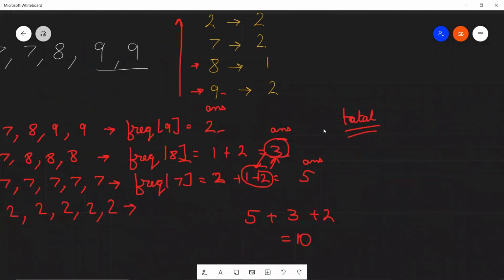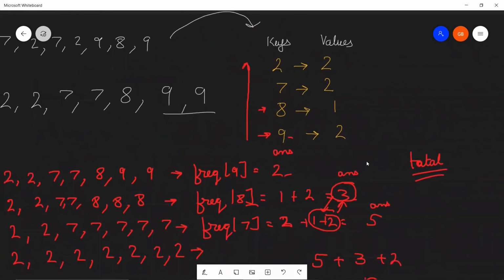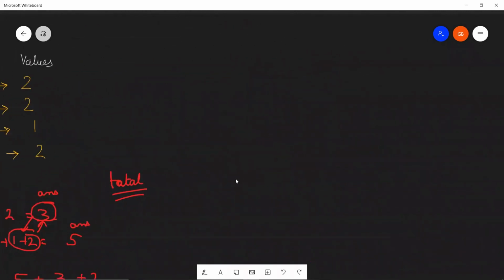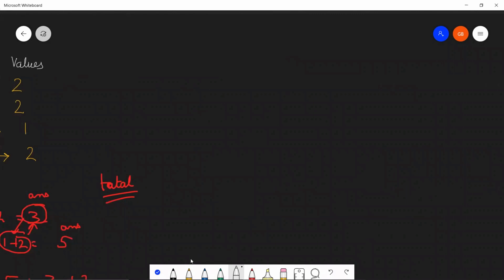Just in case you are still doubtful, first let's do one thing. Let's go and try this question on the compiler yourself. If you're not able to do it, then you come back to this video and continue from this point forward, because now I'm going to write the pseudocode over here, because this is a very small code, in case you are for some reason not able to code it yourself.